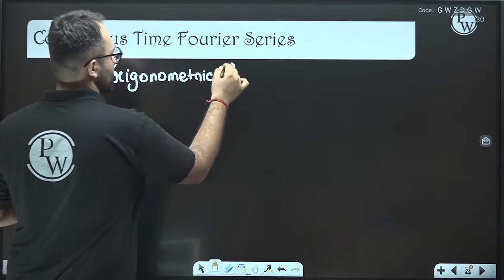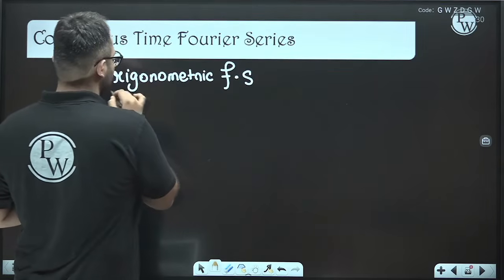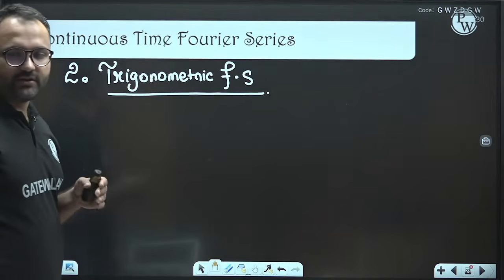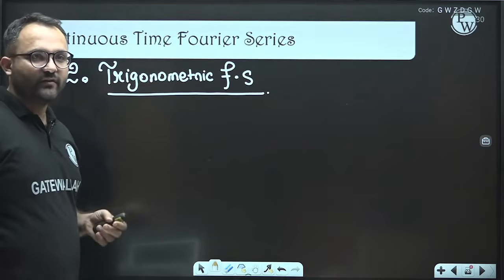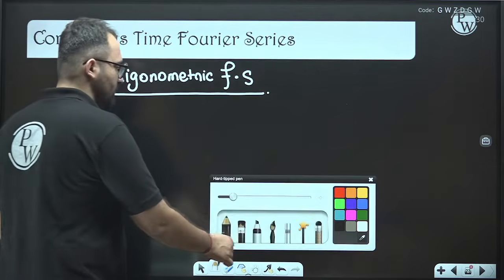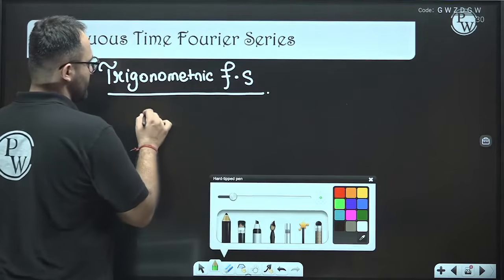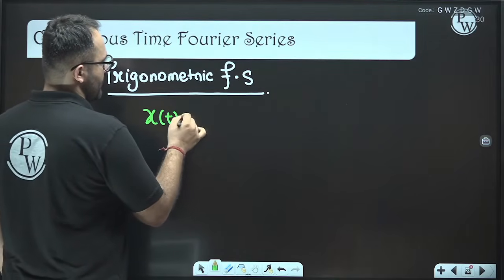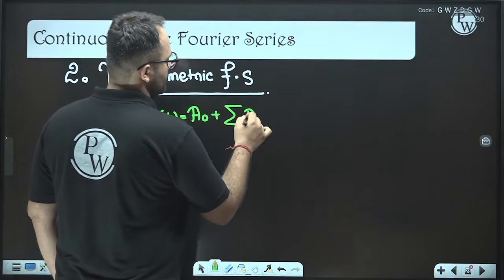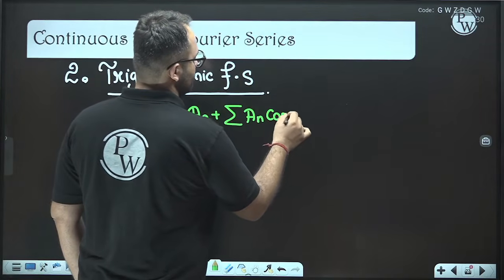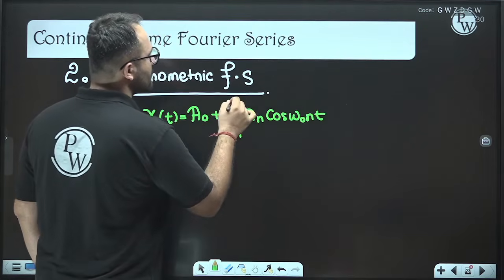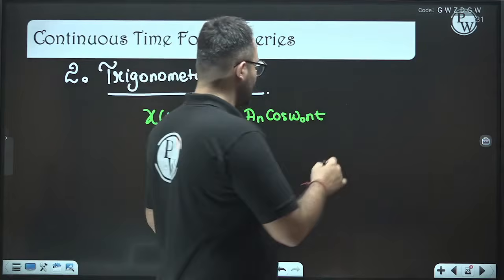Trigonometric Fourier series. Here we will write the periodic signal in terms of sine and cosine. Okay, sine and cosine. So here the representation is x(t) is equal to a naught